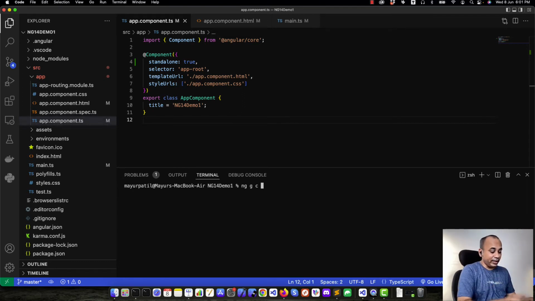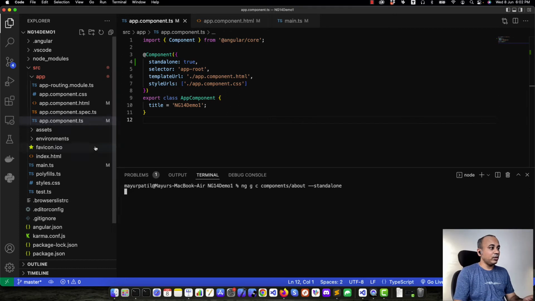I'm going to create a hierarchy, for example, components slash about. That's the first type of component I'm going to create. But since I want to create a standalone component, I can pass one more additional parameter, standalone, and I can also use flat if I want to create only one TS file. But let's not use flat, let's create a proper folder for this component,